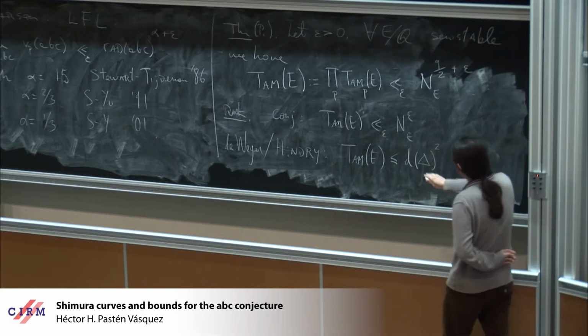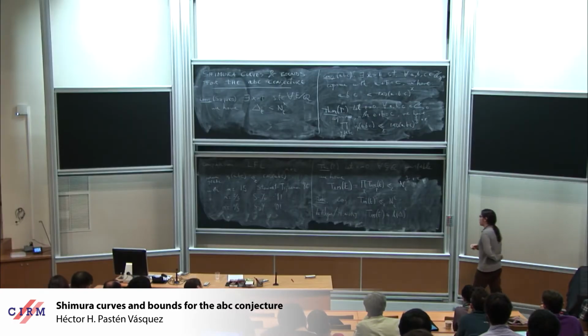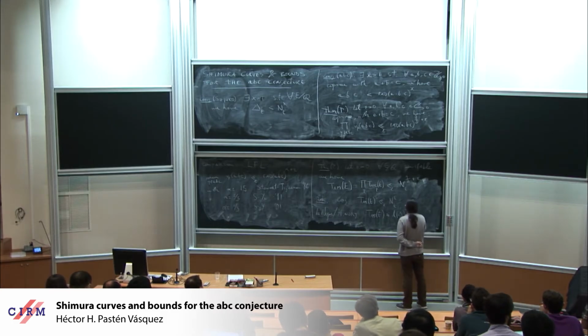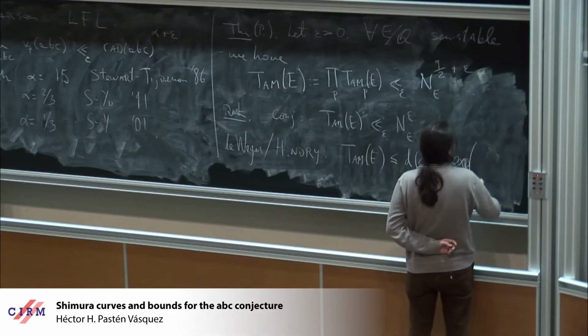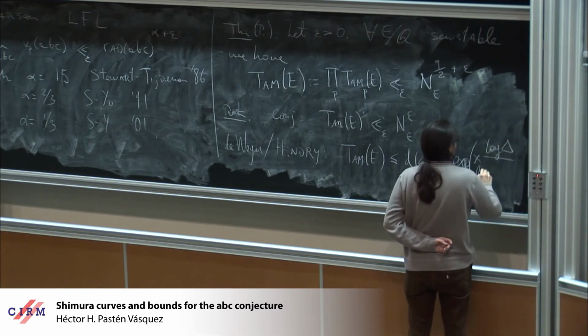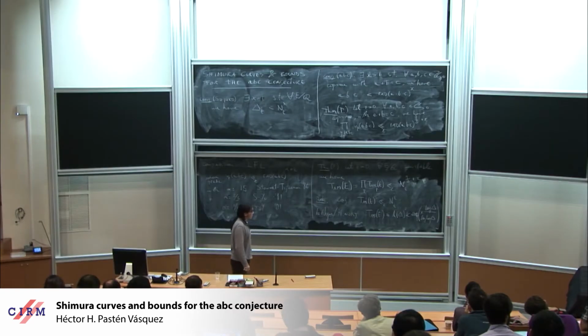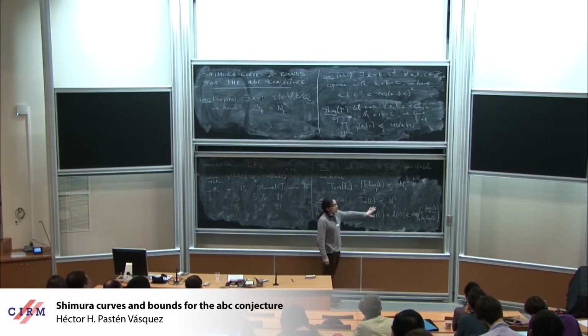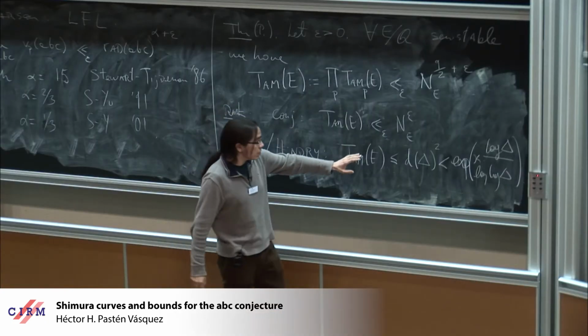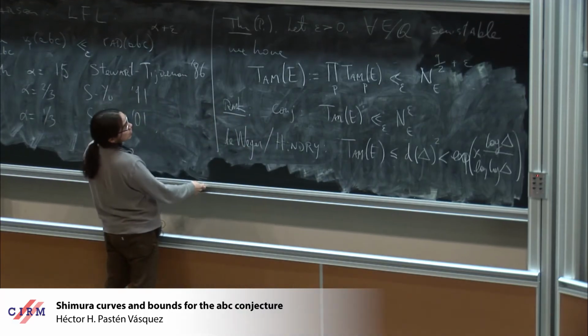And well, this is the discriminant of the elliptic curve. It's some positive integer. It's absolute value. So the best we can say at this point is that this is less than exponential of some constant times log delta divided by log log delta, okay? That's a general estimate for the number of divisors. And if you want to prove this conjecture going along these lines, what do you need? You will need that log delta is less than any positive constant times